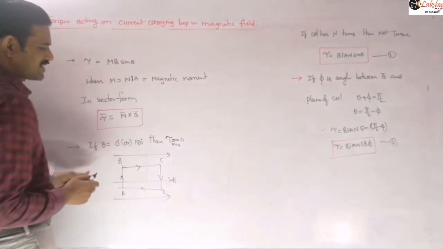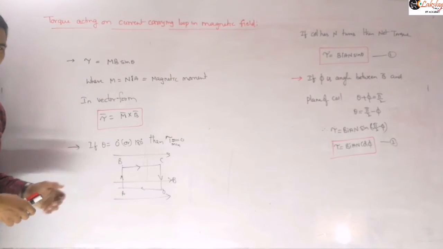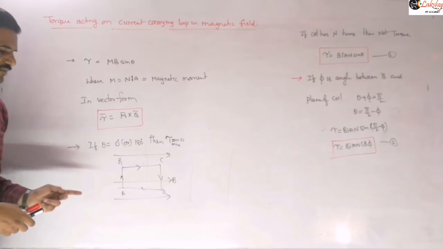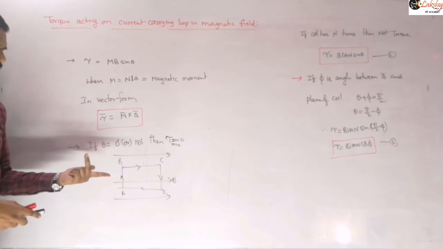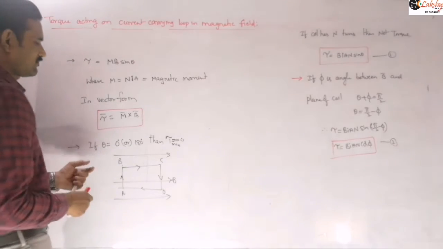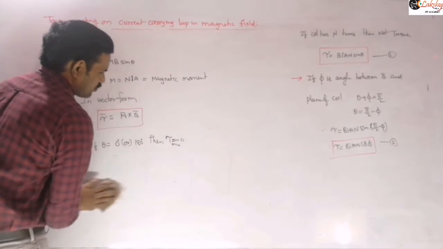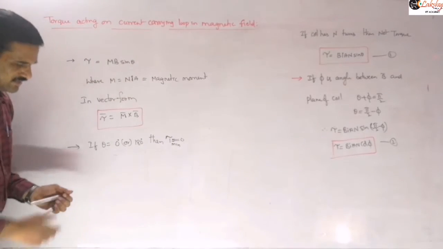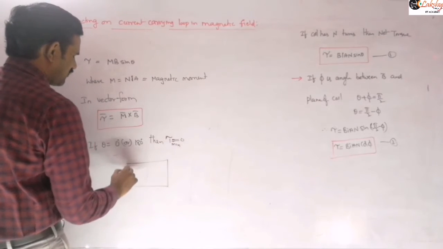Magnetic field is also in the same plane. Now can you identify the direction of the forces acting on each side here? On AB, if I consider, field is like this and force is like this. This is the case of theta equal to 0, which means you will get the case normal to the magnetic field here. You need to consider the angle with the normal to the magnetic field.